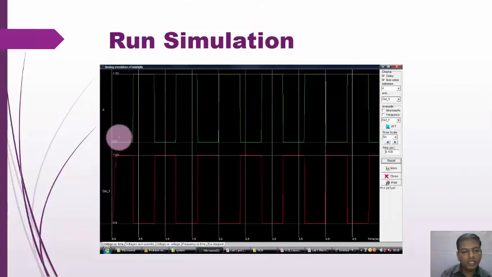So here input A is there. If input A is 0, 1, then again 0, then 1, multiple cycles should be there. So for the 0 input, the output should be 1, and for input 1, the output should be 0. So likewise you may verify the result with your layout. If your result is verified, okay, take the printout for that particular simulation.